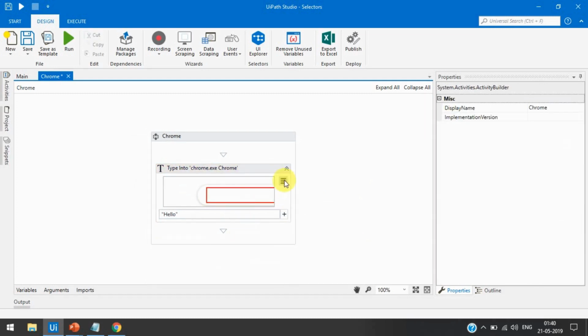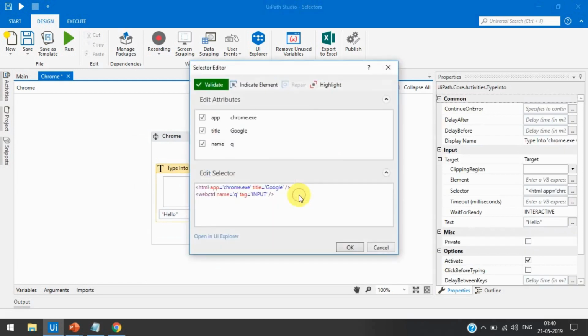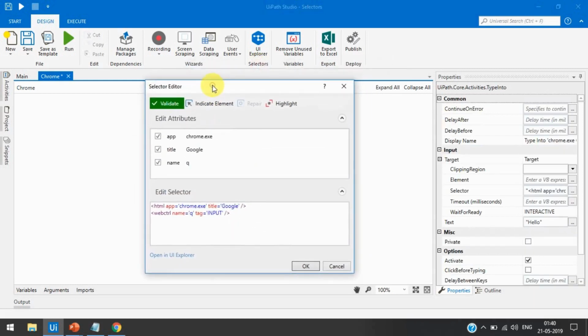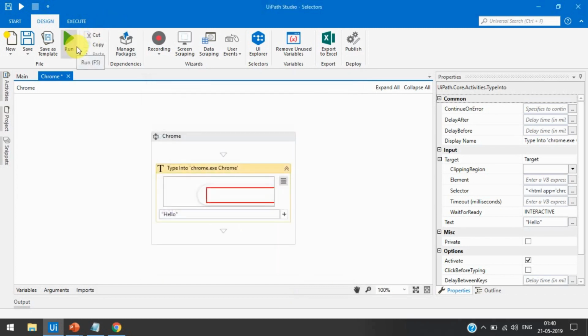So if we click on edit selector, here you'll see it is showing validate, which means this current selector is valid. So this is the selector, and it is valid. If we click OK and run this, then we will not get an error.